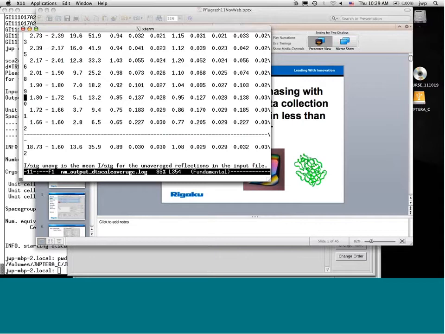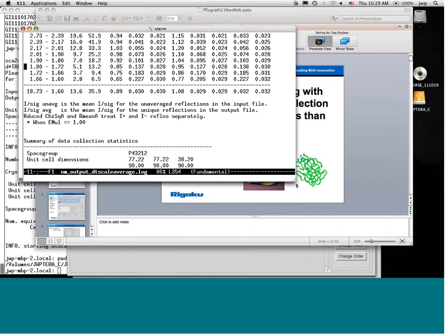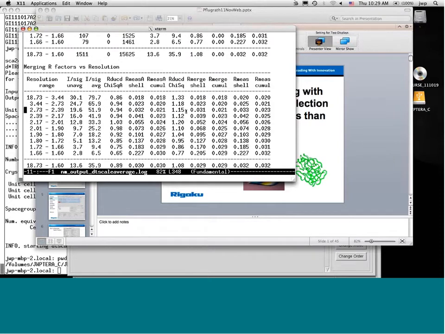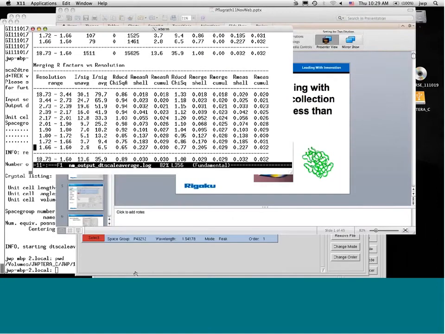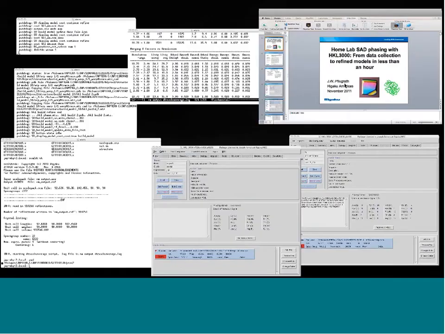If I look at this, by the way, this shows the chi-squareds and everything that we saw in the other program in HKL3000 and in ScalePack, they're actually identical. And it writes out a file which you can use in other steps. So that's SCA to Dirac, which does all of this for you, and I find it rather useful in that regard. So back to my